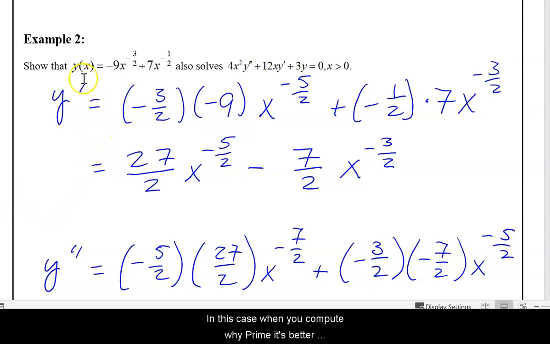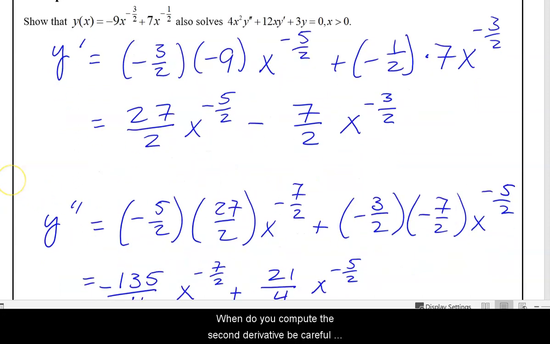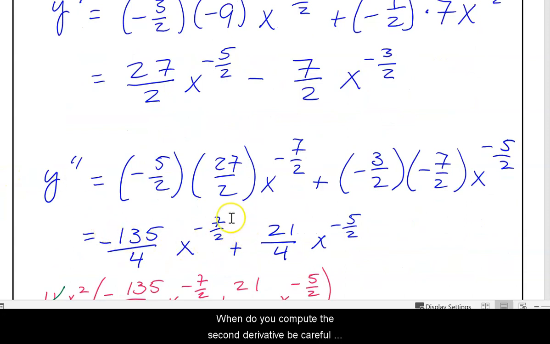In this case, when you compute y prime, it's probably better to leave it in the power form with the rational exponent written in the numerator. That will make it easier to do the reduction and the combination of different factors of x later on. When you compute the second derivative, be careful with the signs and make sure you get the right powers on